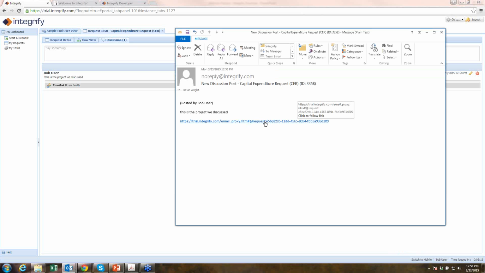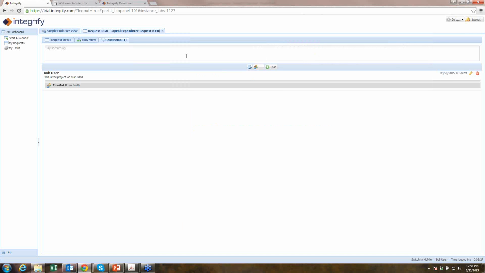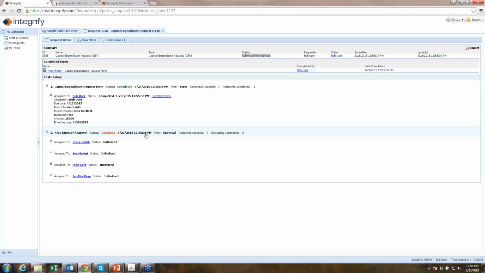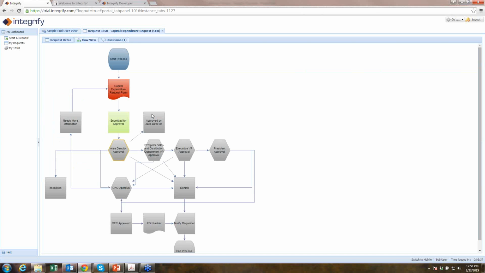Those emails are going to go out. There's a link in there that the user can click on and be brought directly in here to either respond back or take some action. And this is also optional. You may say with some processes you want to allow this, and with others you just don't want to have this discussion area. Going back to the request detail, as we move our way through this particular process,